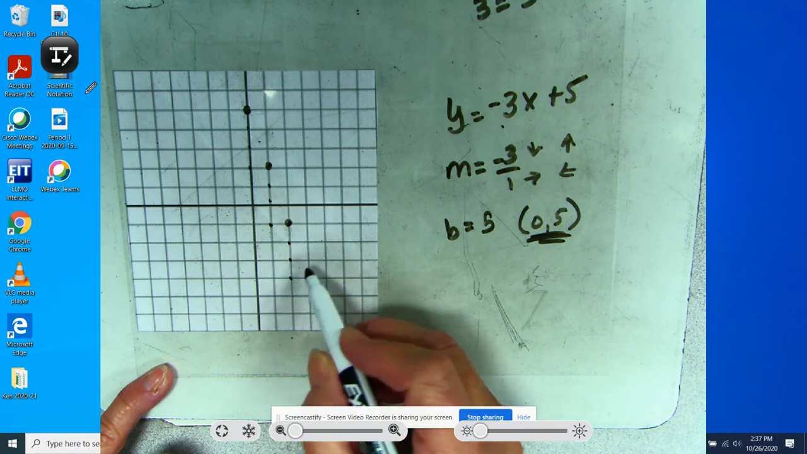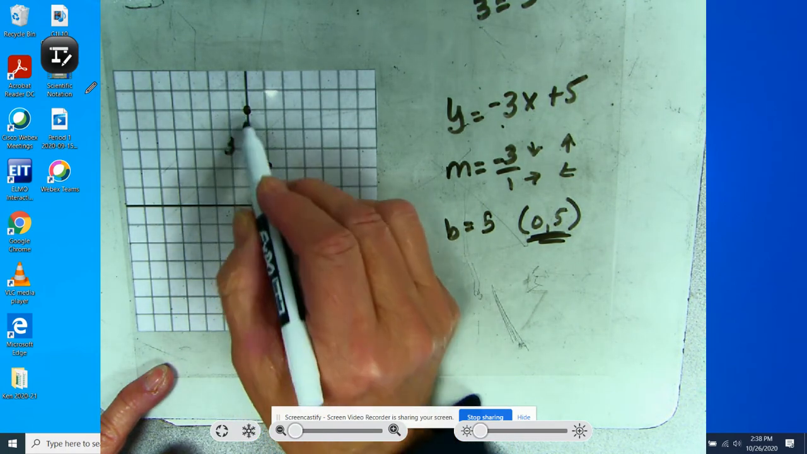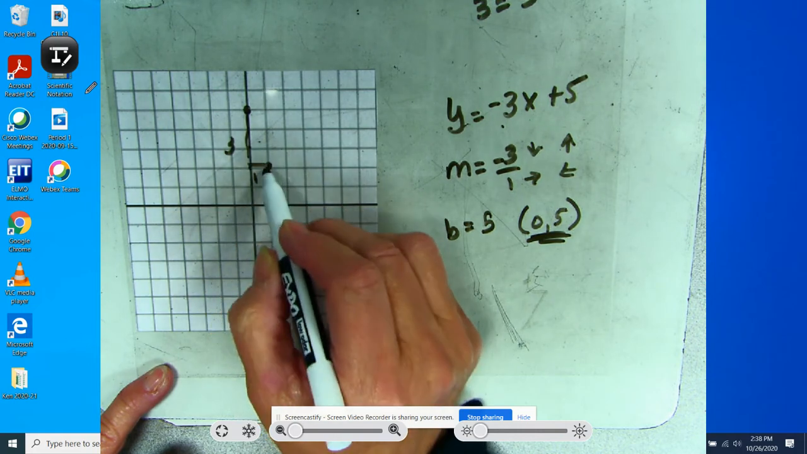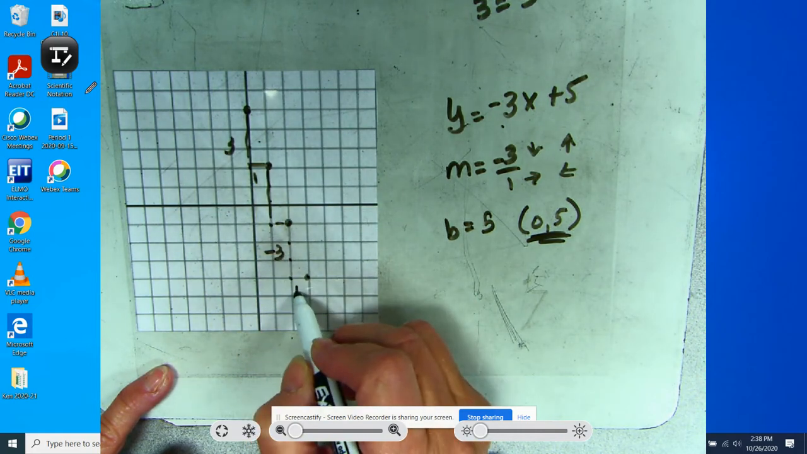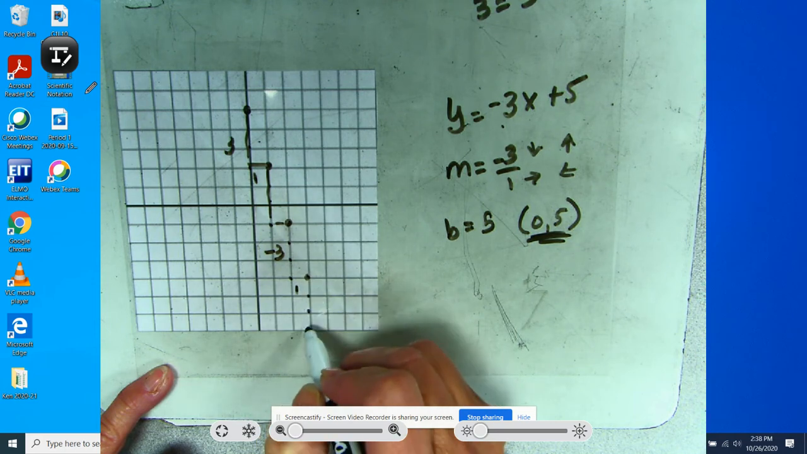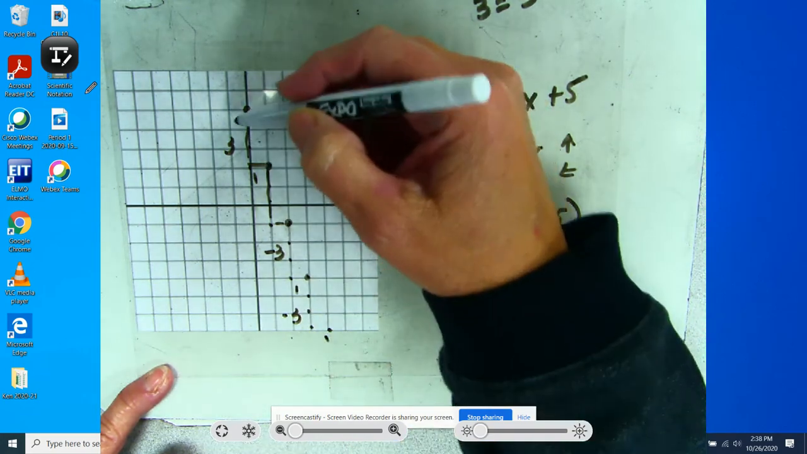How many do we have to do? You notice this is 3 over 1. Down 3 over 1. Down 3 over 1. Down 3 over 1. When you connect the dots,